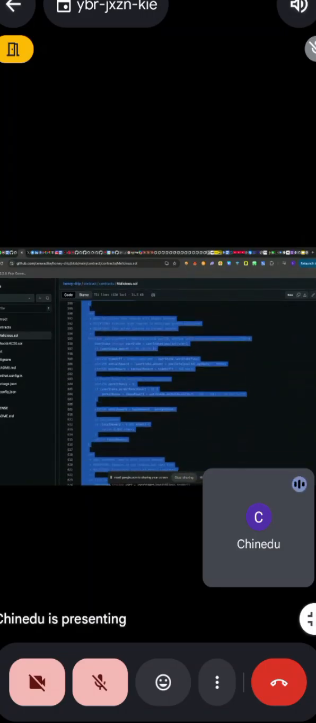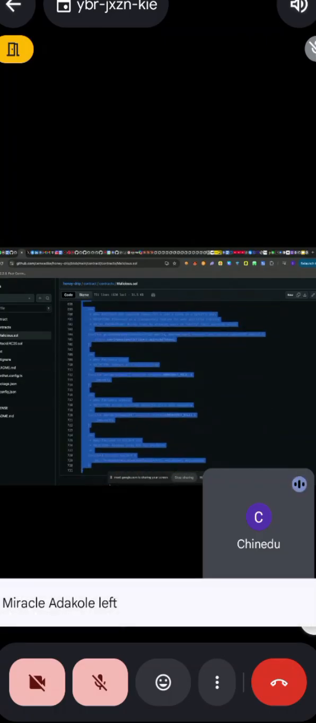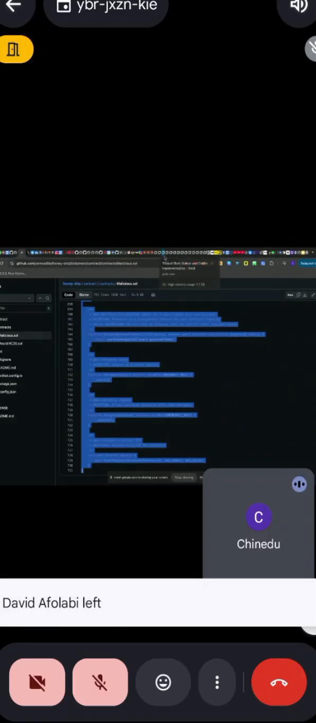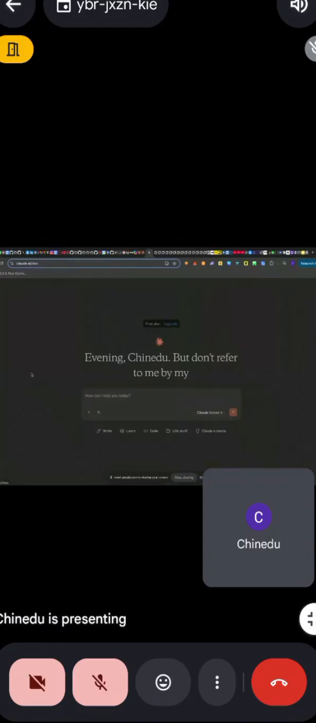So this is a lot of code. Some programs can be much longer than this. Others can be much shorter. So if we go to something like Claude and we just say create a new chat, and we just say